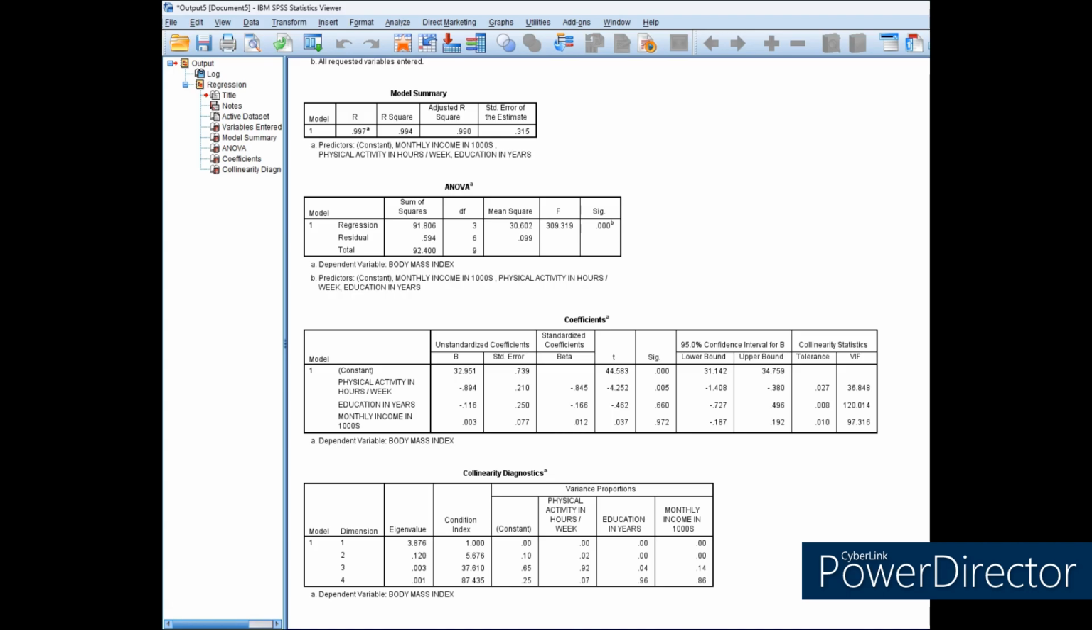Okay, so in this case, if you can see the VIF values for education and income, they're 120 and 97, which are too high, right? That means they're strongly related, which could distort the analysis. And also for physical activity, the VIF is 36, which is also more than the normal range, right? These things might be happening because the sample size is very small,